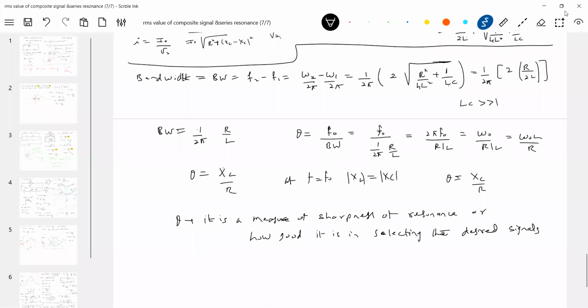This is something very important in communications that for us it's only just mathematics, because we never understand what you mean by selecting all that particular thing. How good it is in selecting the desired signals by a receiver circuit, by a tuning circuit, it is called as